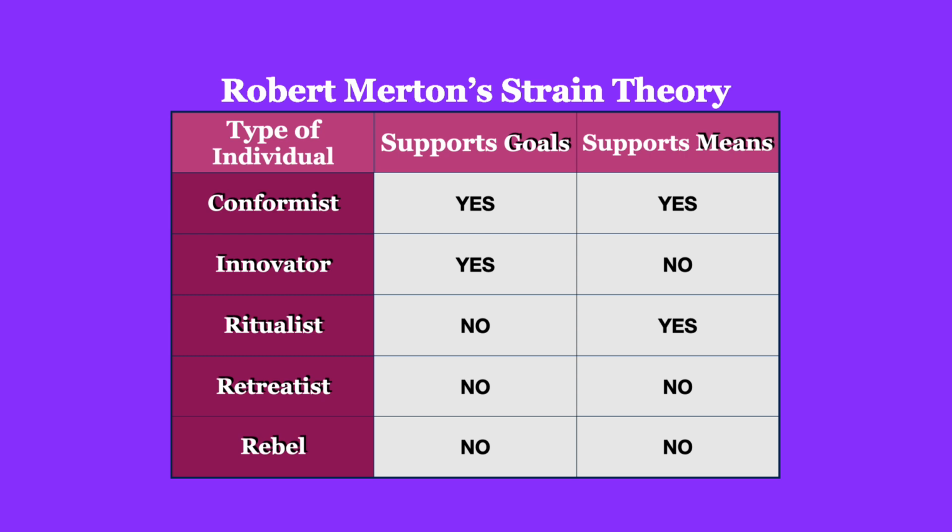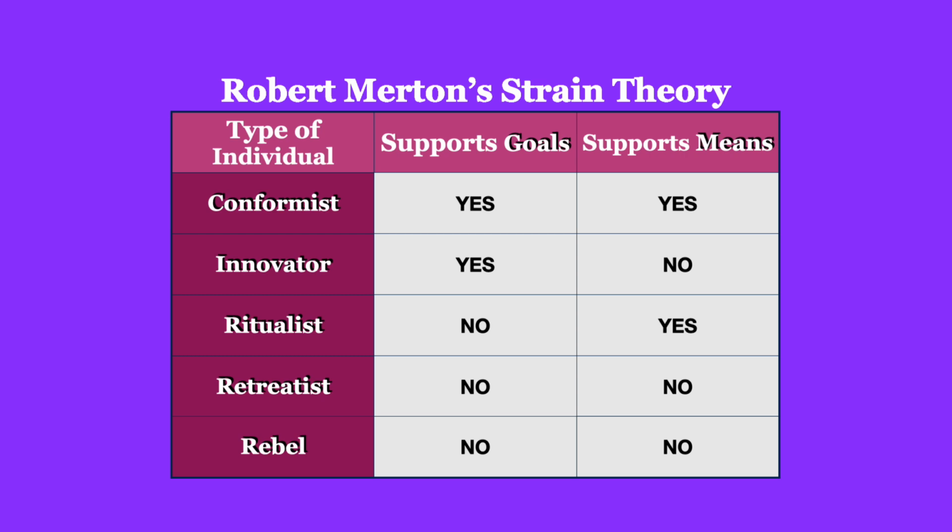So as you look through this list here, you can probably see where you fit in. And not everybody is 100% one or the other their entire life. Many of us move around this chart. Sometimes we are conformists. Sometimes we become innovators. Maybe we retreat from time to time, or we take on the rebel yell to try to fight for change on a particular issue. But all of this ties into his strain theory about goals and means.